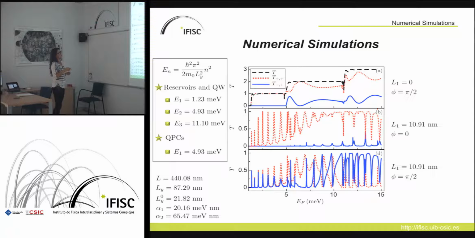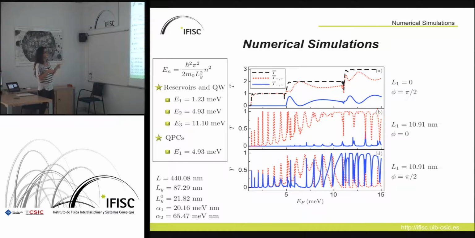From 0 to 1.23, no channel in the reservoirs is open, then the first one opens, the second one, and from here the third one. But in the QPCs, the first channel is open for energies around 5 millielectron volts. Then, if we want to observe only the Fabry-Perot resonances, we observe that from 1 until 5, these resonance peaks are only due to tunnel transport